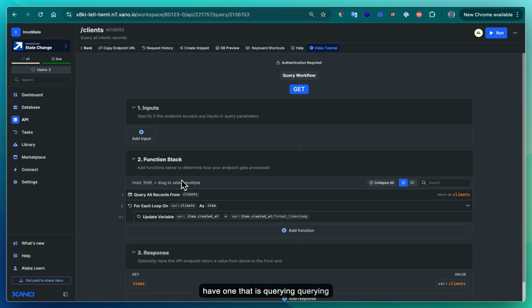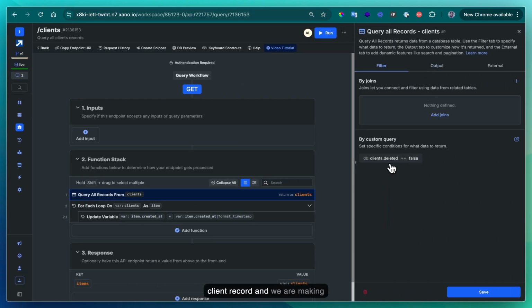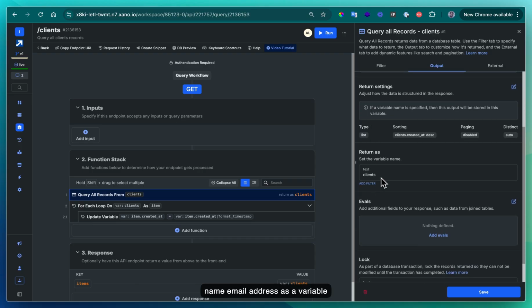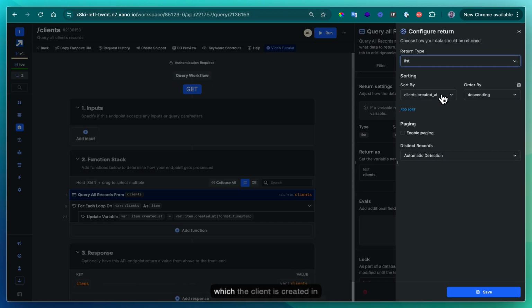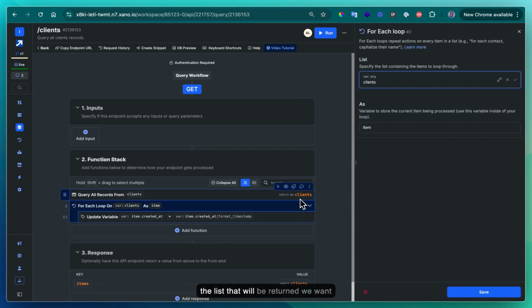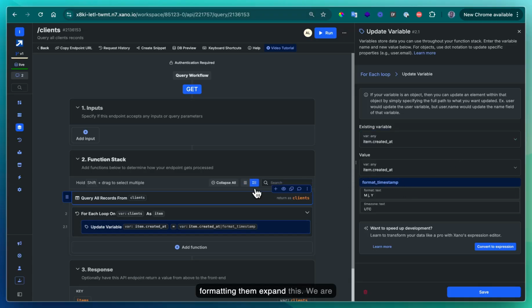We have one that is querying all client records, and we are making sure the client has not been deleted. We are returning an ID, name, email address as a variable called clients, as you can see here, and we are sorting by the date on which the client was created in descending order, so that the last added client will come first. In the list that will be returned, we want to format the timestamp to be a readable format. So we are formatting, let me expand this, the created at